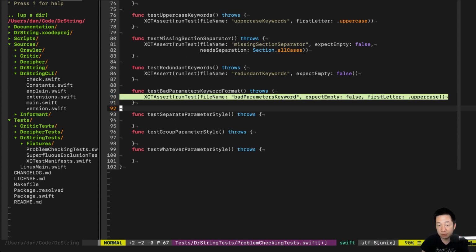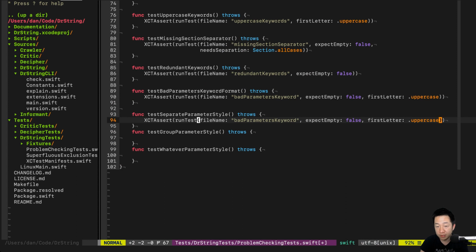Okay, so let's copy a bunch of things. File name is the only thing that matters. Everything else doesn't matter, except empty false. That's probably good to leave up to. And then parameter style. Here we want separate. Here we want